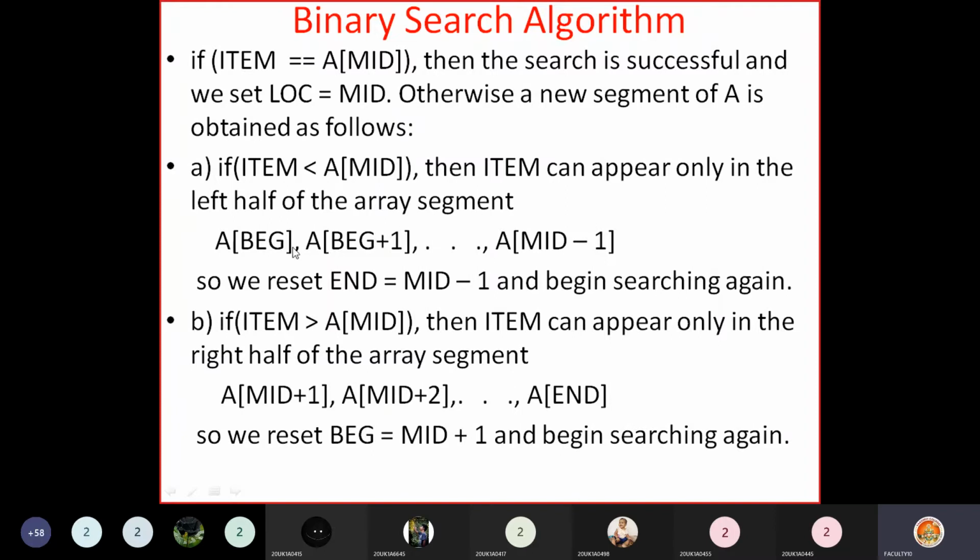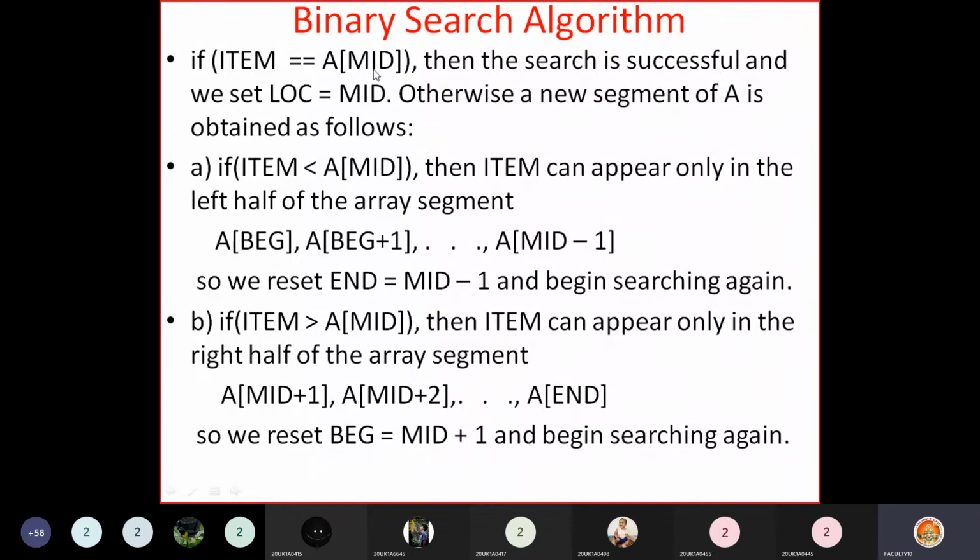Depending on whether the item to be searched is in the left half or right half, we go to the corresponding segment of the array, and again we start a binary search in that half. How do we perform binary search again? We calculate the middle element, then check whether the item to be searched is equal to the middle element. If not, again we test whether it will be present in the left half or right half of this segment. If it is in the left half, again we ignore the right half of this segment. Like this we go on reducing the array, every time eliminating half of the array,